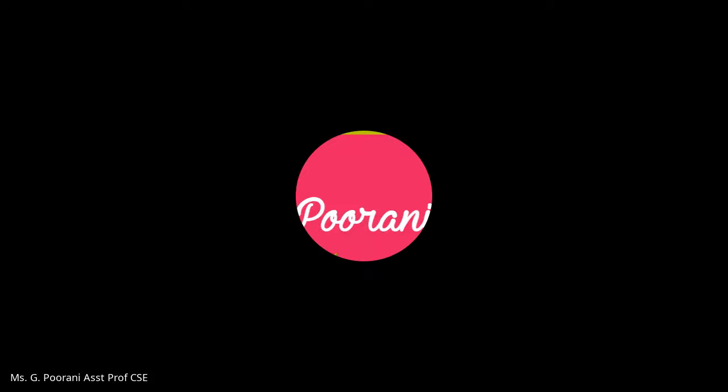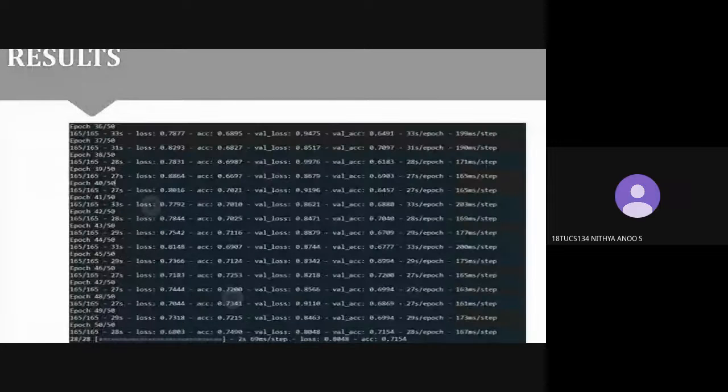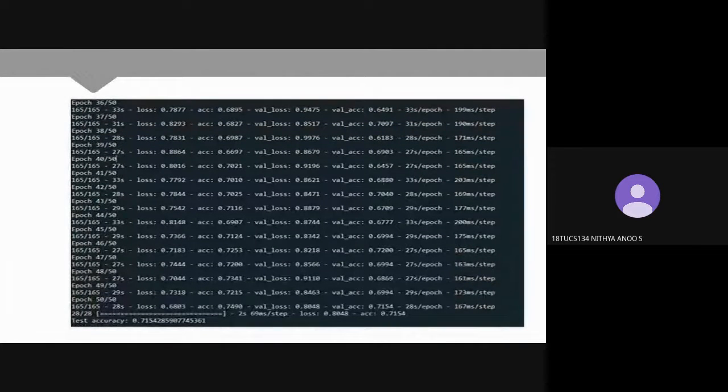I couldn't see your screen. Yes, now it is visible. So I know the image is not clear, ma'am. Maybe when we move on to implementation, I can show it in a better way. So we had implemented the epoch classification, wherein we had split the training into iterations, and based on the accuracy value we had printed for the testing data, ma'am.